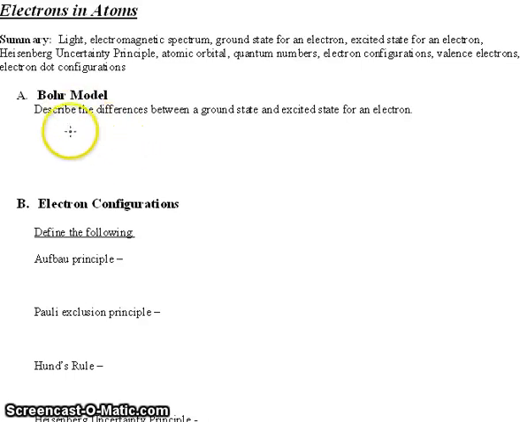So this is the beginning of our final exam review guide, going over it. Some of these we'll do out, and some of them I'll just voice over, so we'll save us some writing time. But in terms of the difference between the ground state and an excited state for an electron,